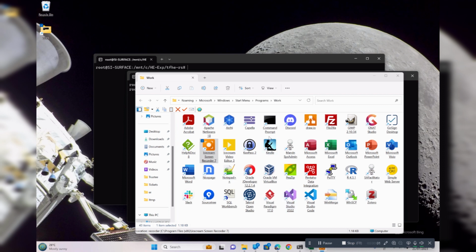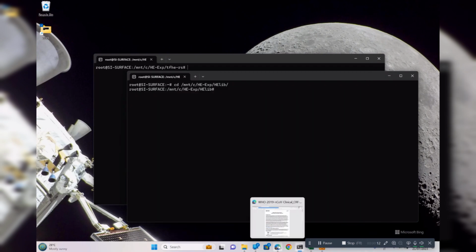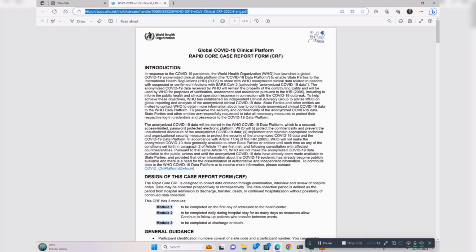Hello there, I'm Maurizio Martignano from Spazio IT, and I'm going to show you a small example of applying homomorphic encryption to medical data. In order to do that, we take some example data using the rapid core case report